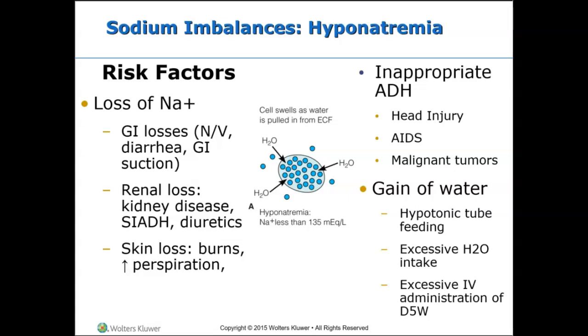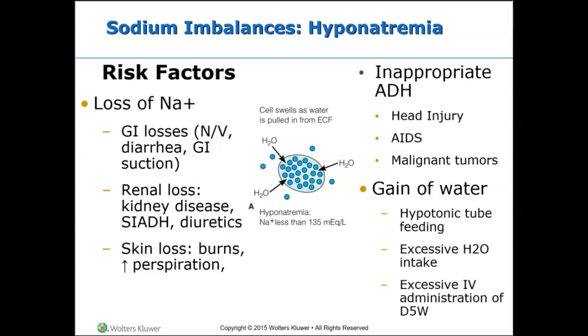It could be due to huge fluid losses, right? Fluid losses when we have burns. It could definitely be that. And in some cases with excessive perspiration, so a ton of perspiration. This loss could also stem from an ADH hormonal imbalance from things like big head injuries. Maybe patients who have AIDS can have imbalances with their hormones, and it thus can cause electrolyte issues. And tumors, you're going to discuss tumors, I think it's in block 4, that affect ADH